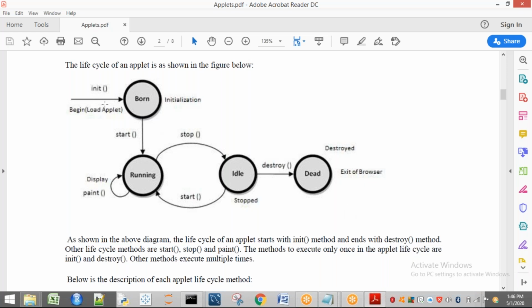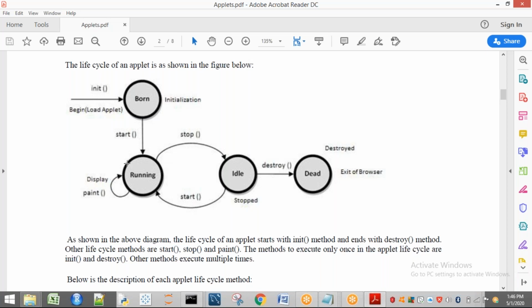Okay, now see, here if you observe the init method, to initialize an applet, that means the beginning. So the first method that is going to execute is initialization. Because on an applet, what we have to do will be initialized first. In which method? The init method. In the same way, after initialization is completed, we have to start our applet. So the next one is start. After starting, it will enter into running state.